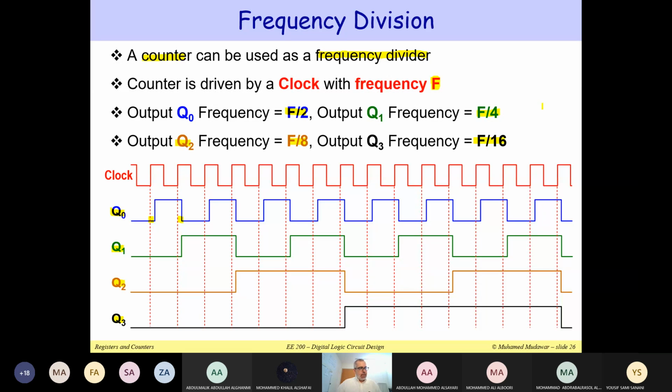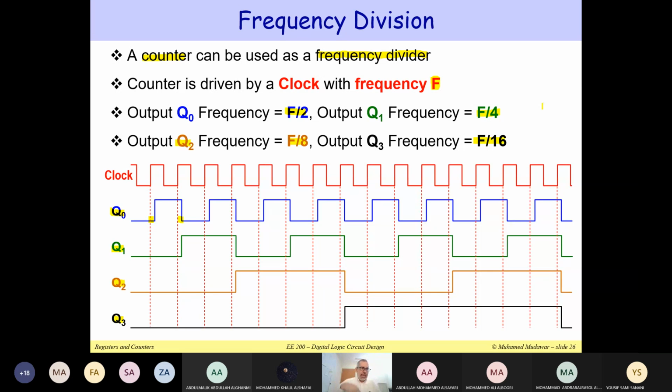But if you look at Q0, it looks like a clock, but with half the frequency. Q1 also looks like a clock, but a quarter of the frequency. So it takes 4 cycles of the system clock to get 1 cycle in Q1. So the clock period is actually 4 times the clock period of the driving clock, the system clock. If you look at Q2, the frequency is the frequency of the clock divided by 8, and for